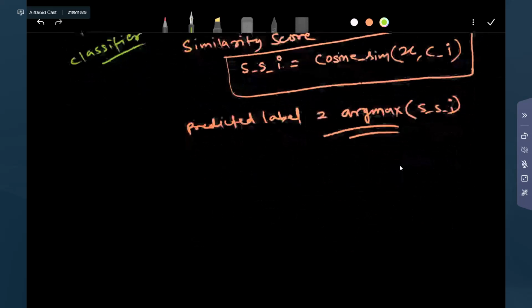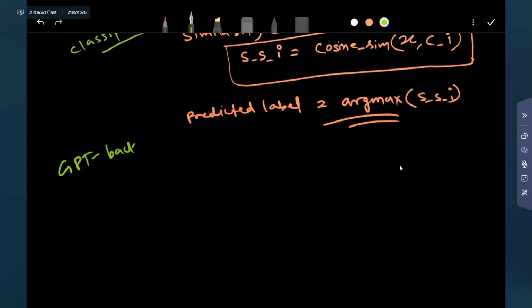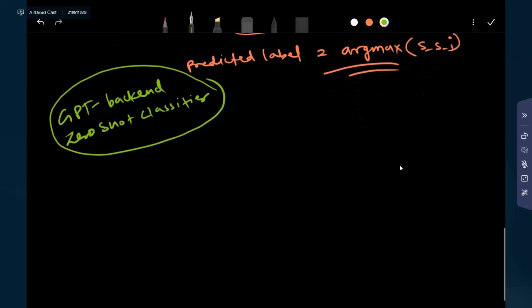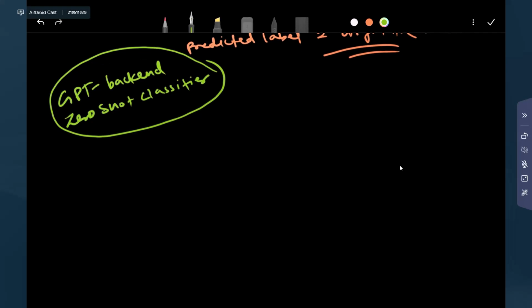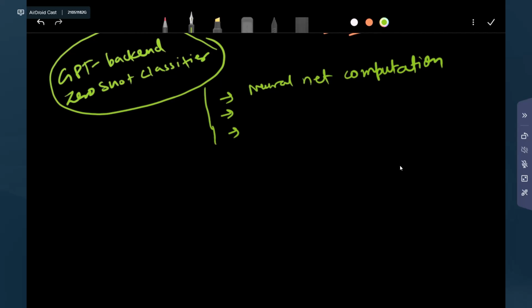Now in case of, for example, when we are working with a GPT based backend, zero shot, if we talk about GPT 3, 3.5, 4, whatever, those are closed source models, guys. There is very little information available, at least on the research side. It's mostly on assumptions. But when you talk about GPT backend zero shot classifiers, there are again three important factors that we have to consider. The first is what kind of neural net computation the researchers are considering while training that model. Okay, so neural net computation, then we have, if it's transformer based, the attention mechanism,